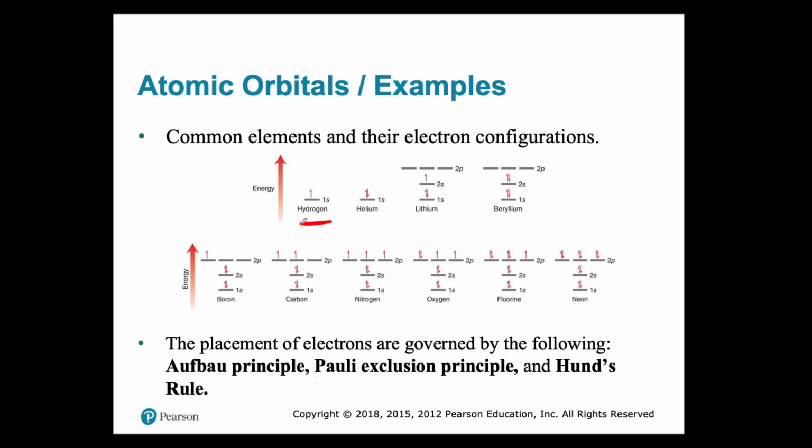So for boron, for example, you would put down 2 electrons for boron first. Then you put down 2 more electrons for boron there. Then you go up there, right? So for carbon, you put down 2 electrons for carbon's 1s orbital, right? Then you do 2 electrons for the 2s orbital. Then